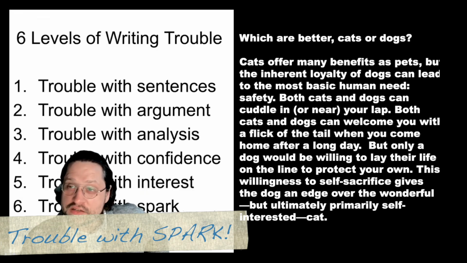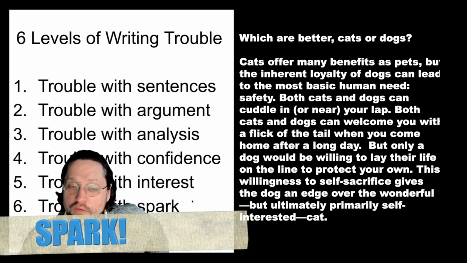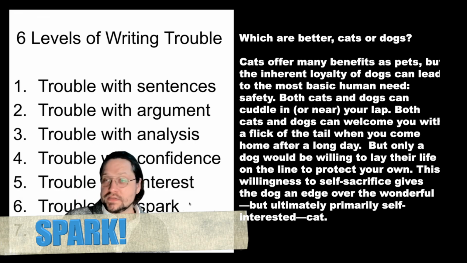This is one of the hardest things to learn. But once you get through these other ones and once you figure out what it feels like to write well, then you can struggle with your own spark. And if you feel like you've got a spark, if you feel like you can say things in a way that only you can say them, or at least in a way that draws interest and engagement, then that's when you get to level seven. And not everybody needs to get to level seven. Not everybody wants to get to level seven, but everybody falls somewhere on these lines.